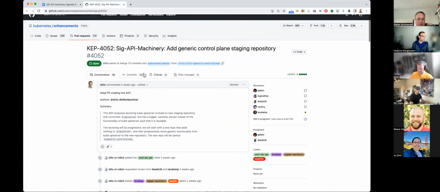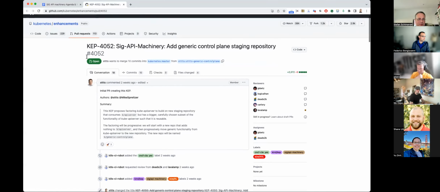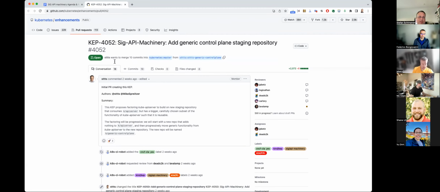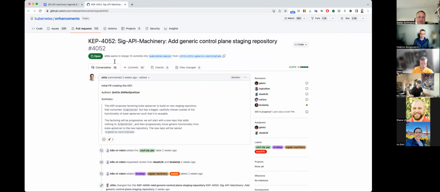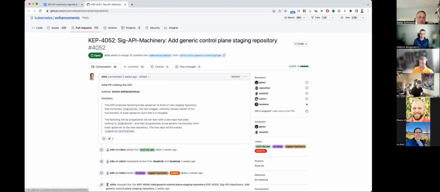I think we have been talking about that at least for half a year, maybe even longer. Actually, much longer, because this is about the config or option config server pattern, and most of you will know this pattern from lots of our repositories like API extension and KNS API server. All of those are built on that pattern. And this is a cap to extend that, basically finish the work we started years ago into Kube API